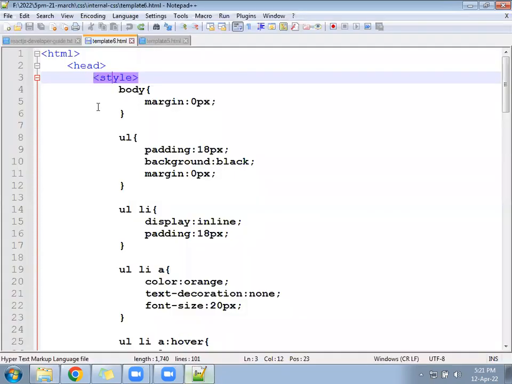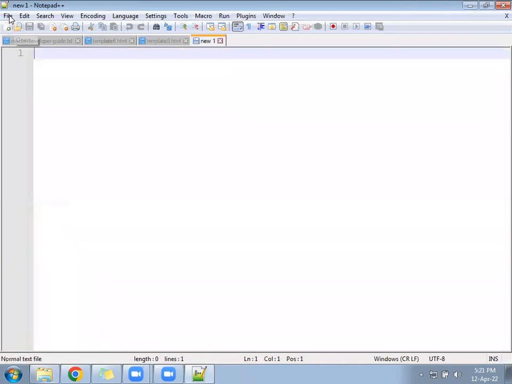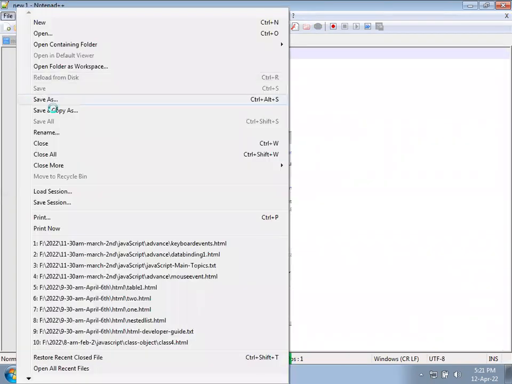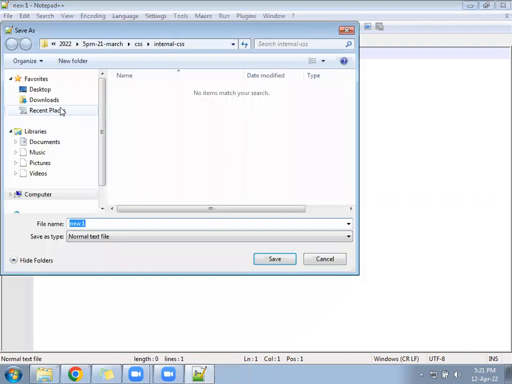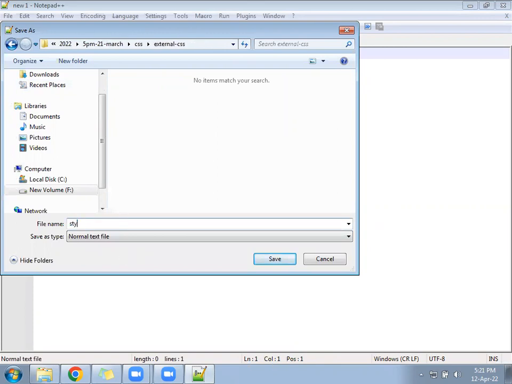Now create a file, style.css, under the external CSS folder.